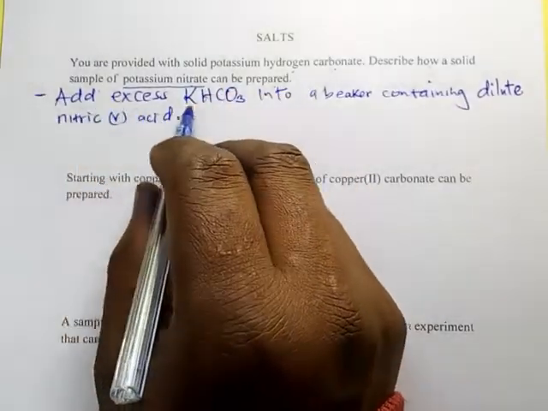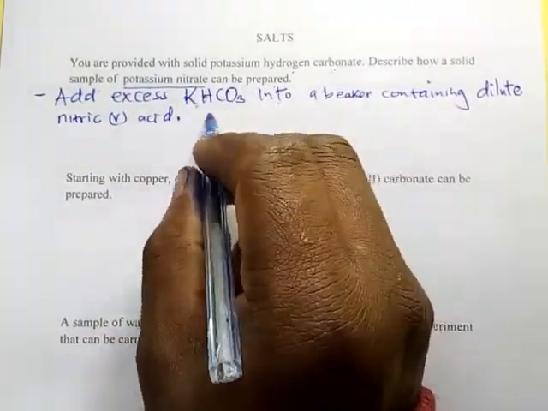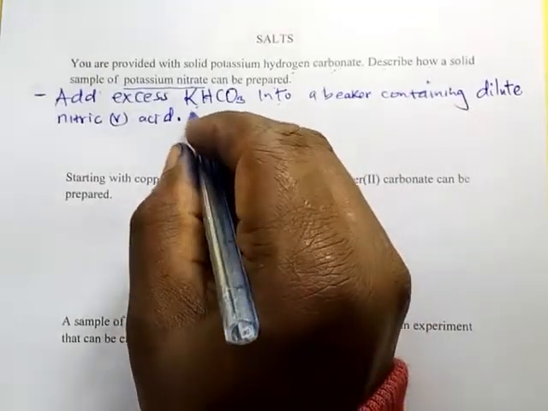Because you have added potassium hydrogen carbonate in excess, you have to filter so that you can remove the excess. So the next step is to filter